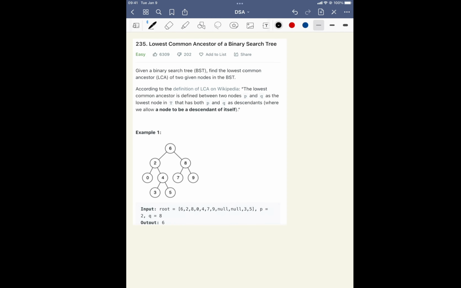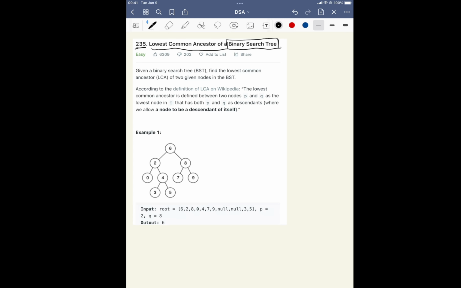Today I'm going to be doing problem number 235, lowest common ancestor of a binary search tree. Now, an important thing about this question is that it is a binary search tree. A binary search tree has special properties, namely that